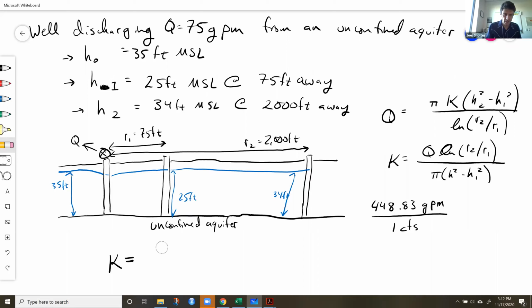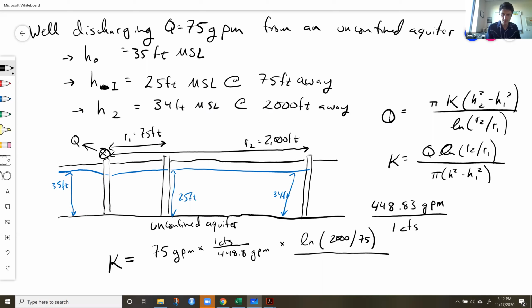All right, so let's just do 75 gallons per minute times 1 CFS over 448.8 gallons per minute, times the natural log of 2000 over 75. And then that's going to be divided by pi times